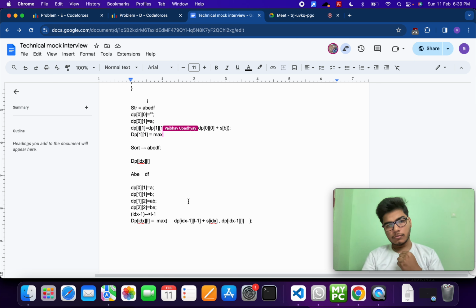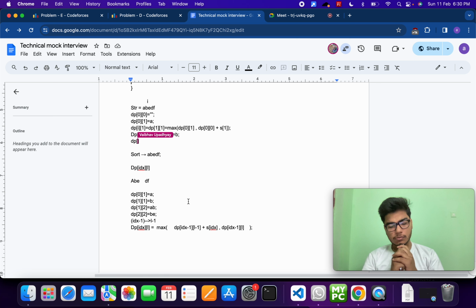is equal to max of dp of 0 comma 0, which is a, and dp of 0 comma 0, which is an empty string, and currently I'm indexed at 1, so it will be b, so the final value will be b, right? And similarly, I am iterating the length: initial length will be 1, then length will be 2, right? So dp with index 1 with length 2 will be equal to max of